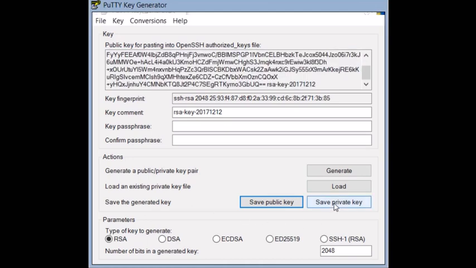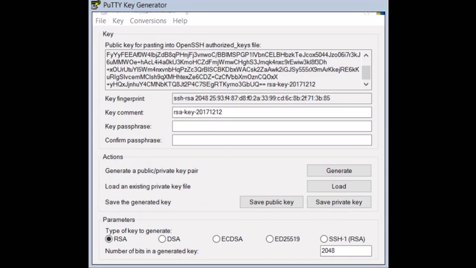Then I'm going to save the private file here. That is a file that you have to secure. It's a file that you need to keep for later usage all the time the droplet is on. So if you keep the droplet all your life, you have to save the private key and keep it secure all your life. You can save the private key on a USB key, for example.